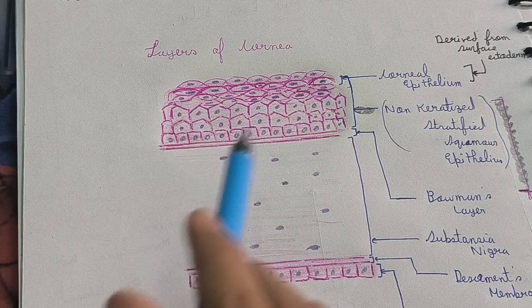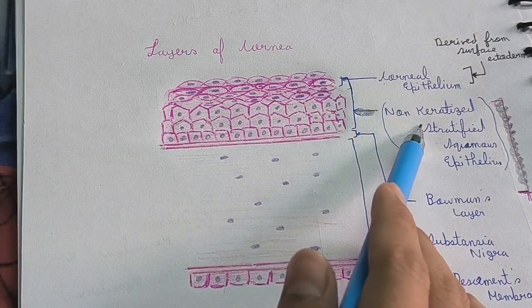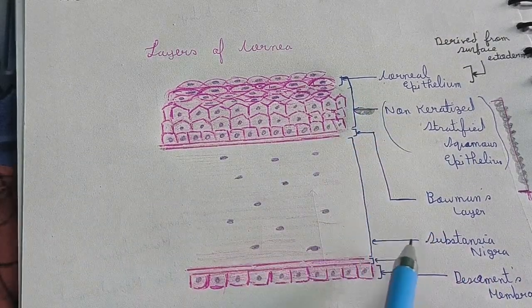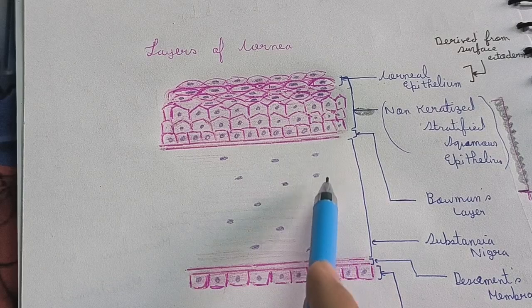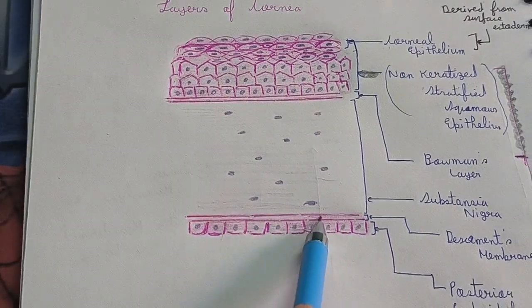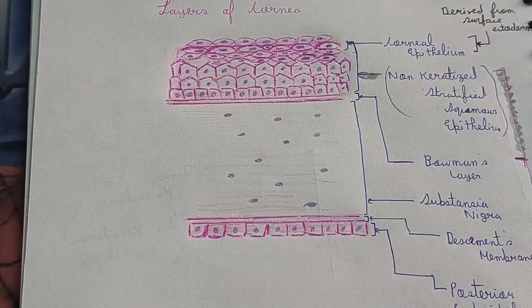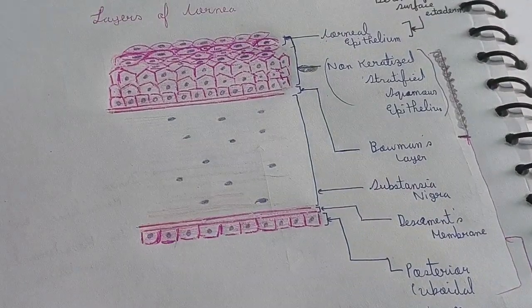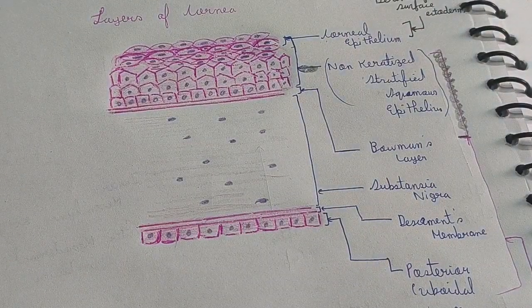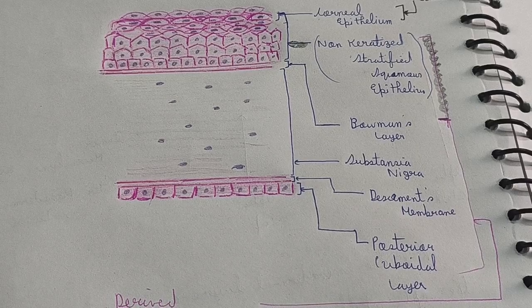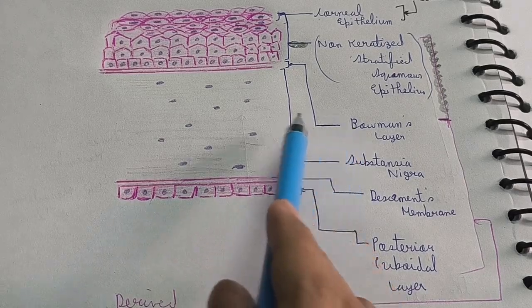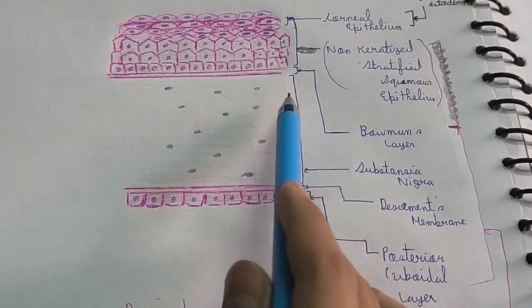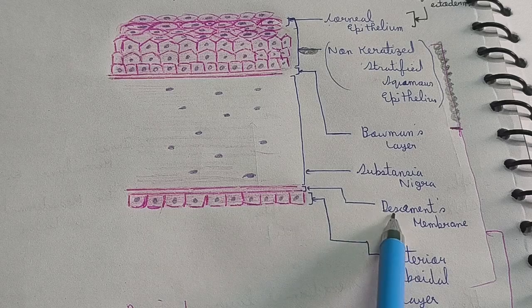Basically there are 5 layers: corneal epithelium, which is non-keratinized stratified squamous epithelium, Bowman's capsule, substantia propria, Descemet's membrane, and posterior cuboidal epithelium. All these 5 layers you have to study in histology also. So now as you can see here, this Bowman's capsule, substantia propria, and Descemet's